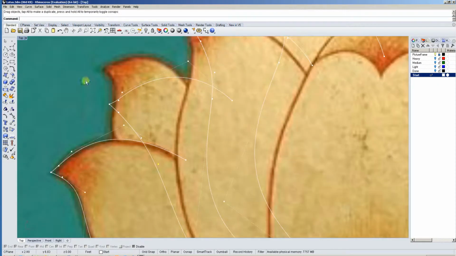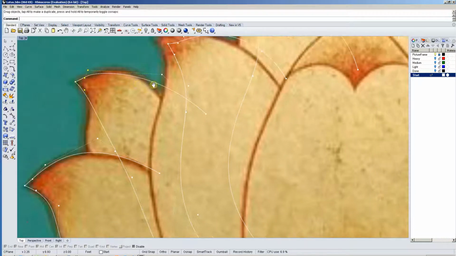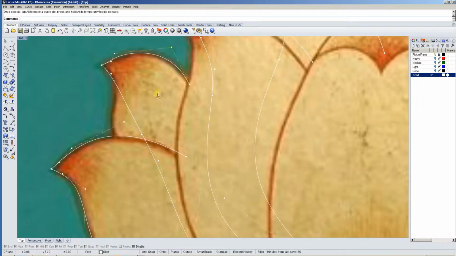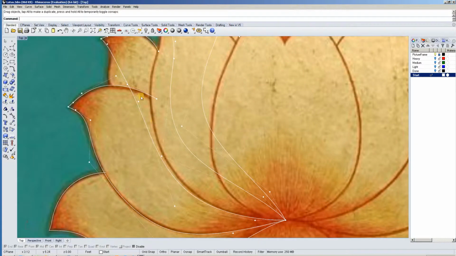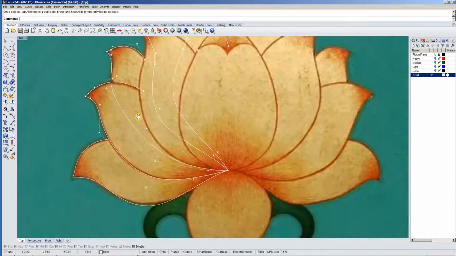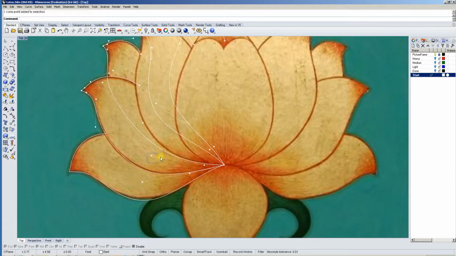No clue what I'm doing there. Cut that out. I don't even need that part. I'm going to trim it out, so I just need shorter bits of these lines. You need to always kind of go back to the start of the petal. You can delete control points as well, so you can do that at a certain point here. I delete that one, you can see it goes straight all the way to